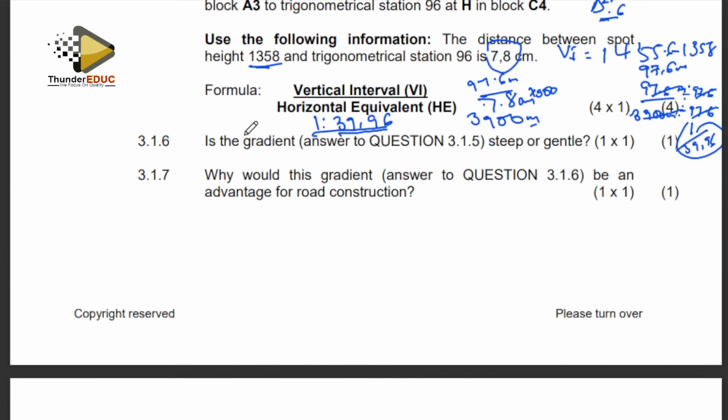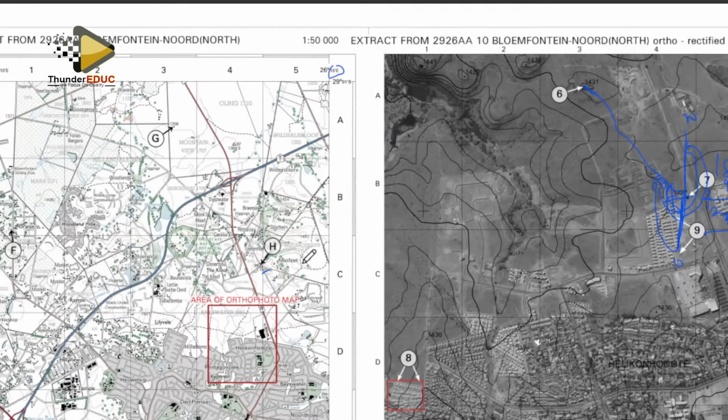Okay. Now, in the gradient in that question above, is it steep or gentle? Remember, my learners, I told you, you can look at the answer given or you can look at the map. When you check the map here, between this and this, are the contour lines close to each other? No. But if the contour lines are close to each other, what do you say? It is steep. If the contour lines are far away from each other, what do we say? It is gentle. But based on this answer, based on the gradient that we have in this area,